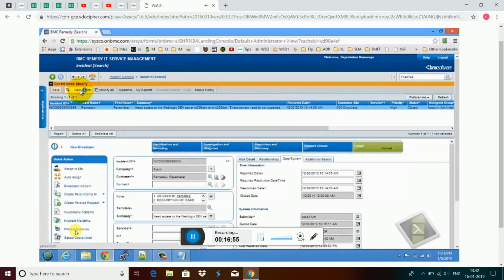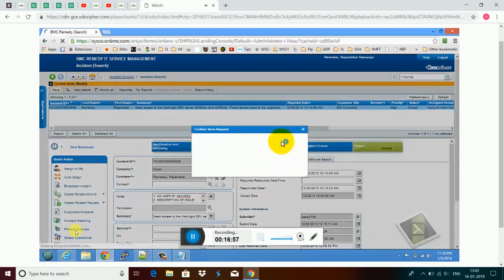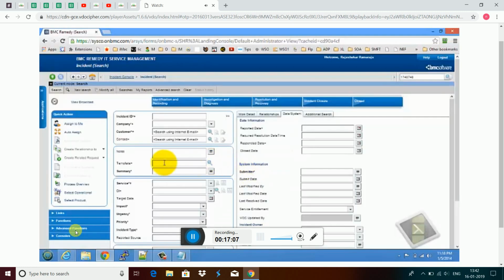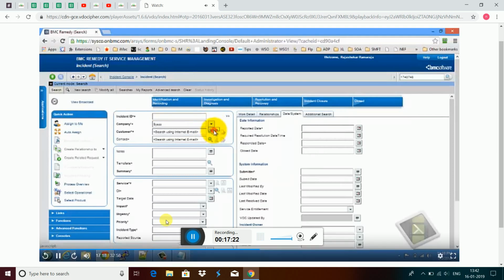Let's make a generic search. So I'm making a new search. It asks, do you want to save the current request? No, we don't want to save the current request or make any changes. Let's say we are trying to make a new search here. Click on new search. So I'm going to search based on certain criteria. Let's say the company name is Cisco, and then